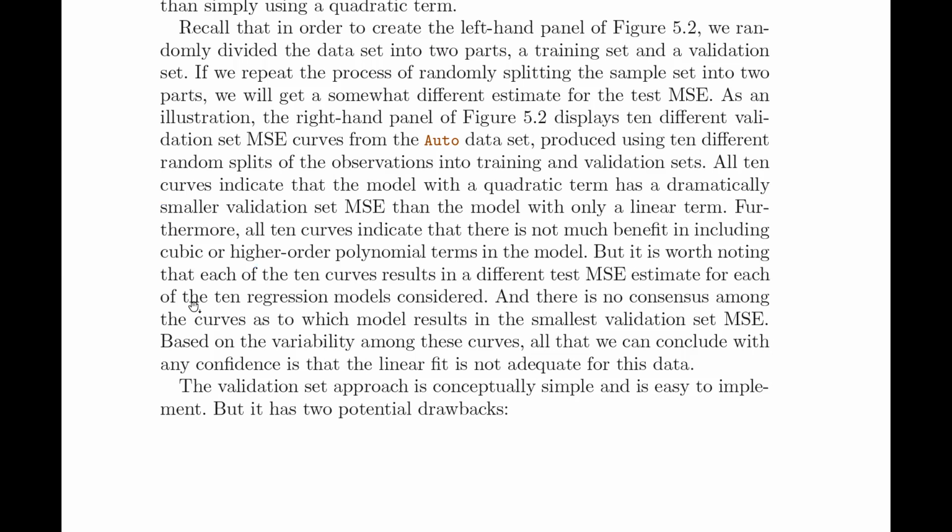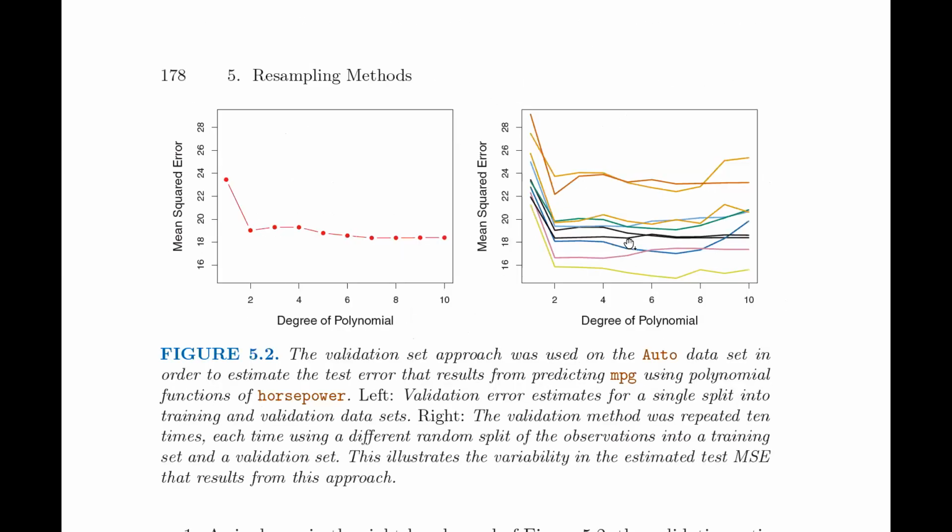But it is worth noting that each of the 10 curves results in a different test MSE estimate for each of the 10 regression models considered. I just read that. And there is no consensus among the curves as to which model results in the smallest validation set mean square error. What do we mean by no consensus? In the sense that